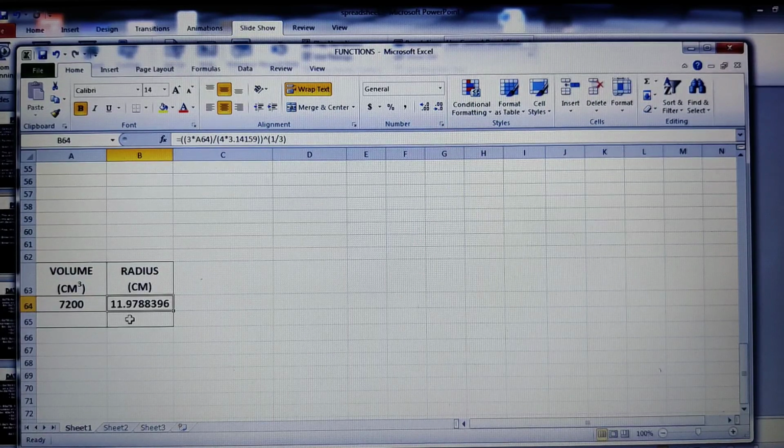I hope, students, you are able to understand how to use the built-in functions and how to solve the problems in an Excel sheet, and how to begin the formula. Okay, I hope you have found this session interesting. In our next video class we shall deal with some other date functions and statistical functions.